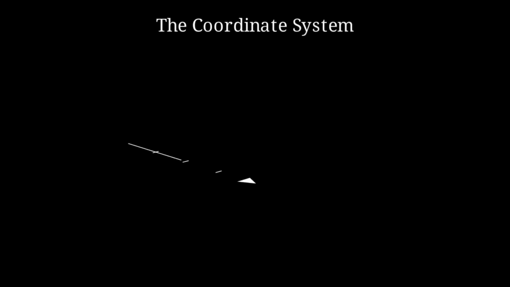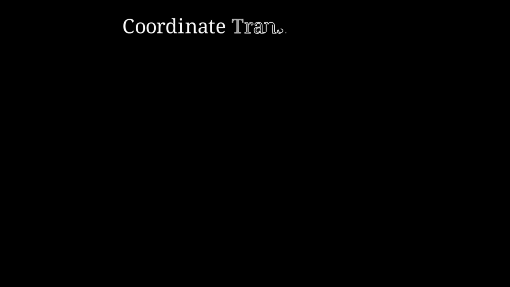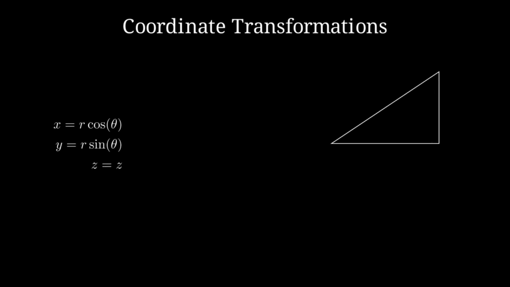calculations. Cylindrical coordinates are defined by three variables: r, the radial distance from the z-axis; theta, the azimuthal angle in the xy plane; and z, the vertical height. This system is essentially polar coordinates with an added vertical dimension. To convert from rectangular to cylindrical, we use these fundamental transformations. Note that x squared plus y squared equals r squared, which is the key to simplifying equations involving circular cross-sections